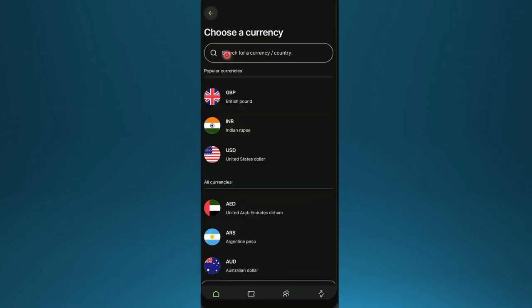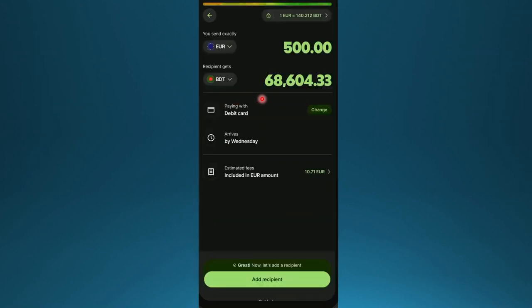You can click here on send money. Choose your currency that you're sending. In this case, you can do euros or Great British pounds, whatever is the case with your Revolut account. Choose that, and you choose how much you're sending. Basically, see how much the recipient will get, and you'll pay with, let's say, your debit card, or you can